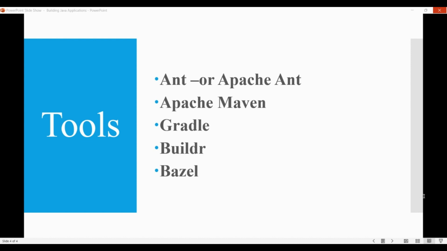Gradle allows you to write build scripts that are more concise and readable than Maven's XML based scripts. It also supports incremental builds, which can speed up the build process. Gradle supports a build cache, which can help reduce build times by reusing outputs from previous builds. It is widely used in Java and Android development and can also be used for building and deploying other types